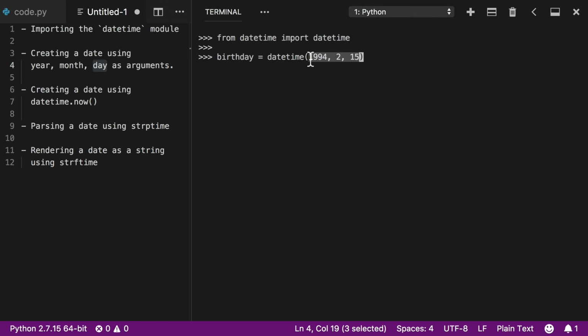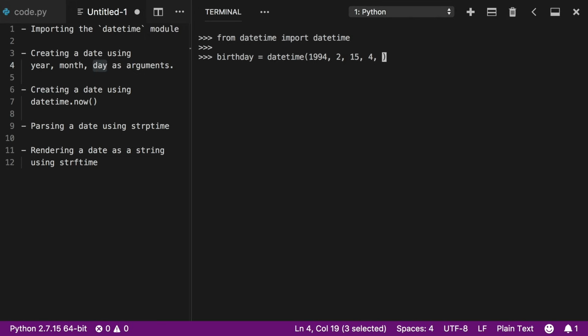So these are the three arguments that we need to put in here, but you can also put some additional arguments to represent the time. So we have the year, month, day. I can also put the hours. So I'm not sure exactly what hour I was born, but let's say I was born at 4 a.m. I could put a 4 right there. And this is going to be a number between 0 and 23, 0 being 12 midnight and 23 being 11 p.m. So if I put a 4 here, that represents 4 a.m. I could also put the minute, so however many minutes it was.